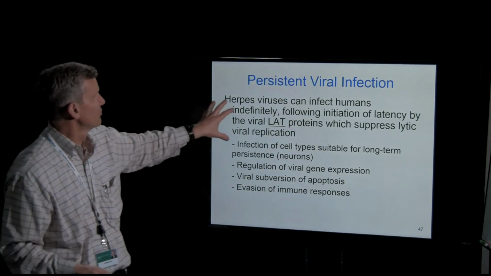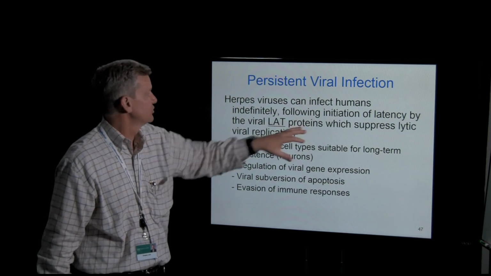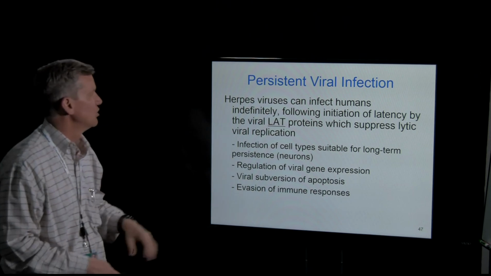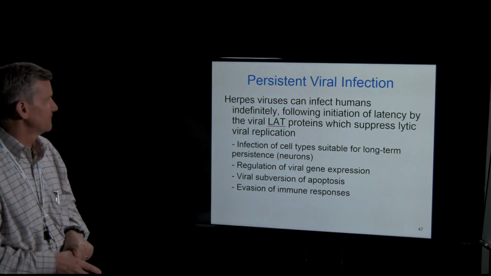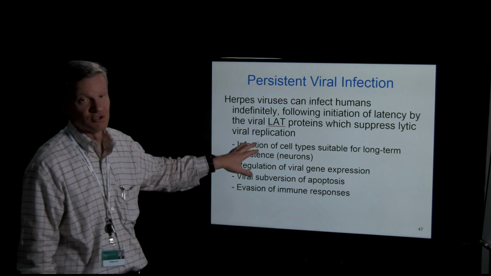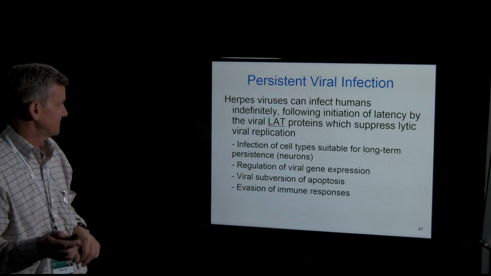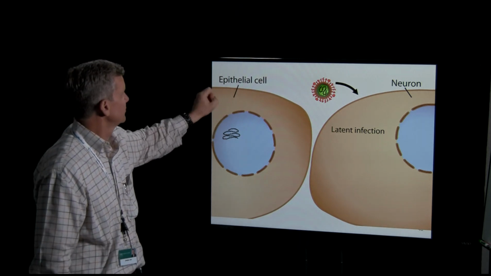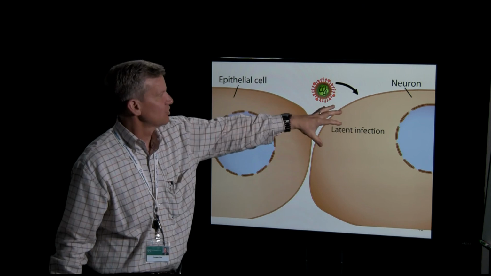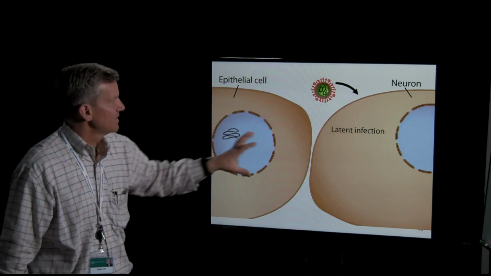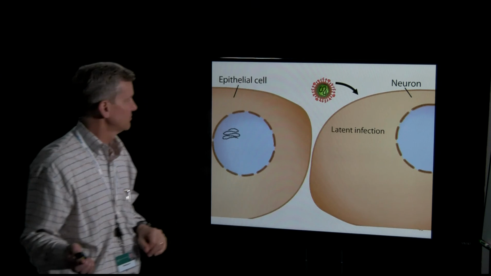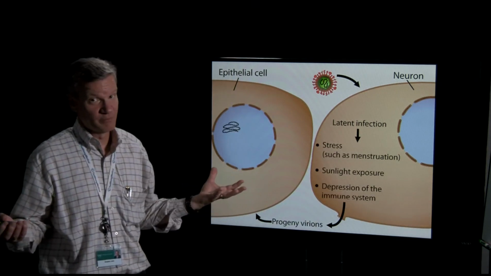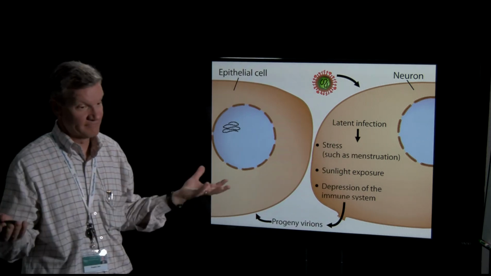Okay, so here we are right here. Herpes viruses can infect humans, followed by the initiation of latency by LAT, latency-associated transcript proteins, which suppress lytic viral replication. Okay, and that's generally what happens in neurons. So here we are. We replicated in an epithelial cell, release the virus, it goes and infects a neuron, and then here is where we have a latent infection. Okay, but we could still have herpes virus outbreaks, or we can have varicella zoster,